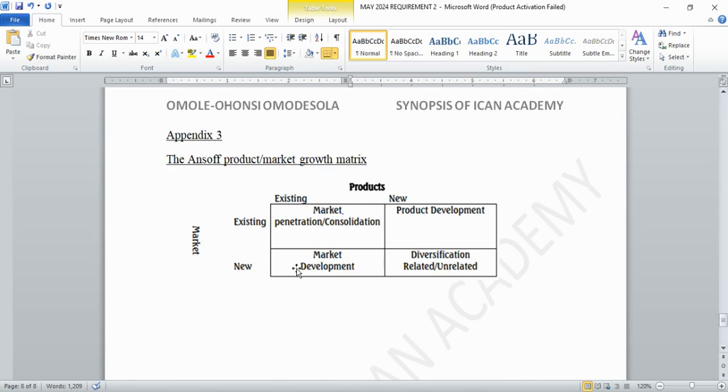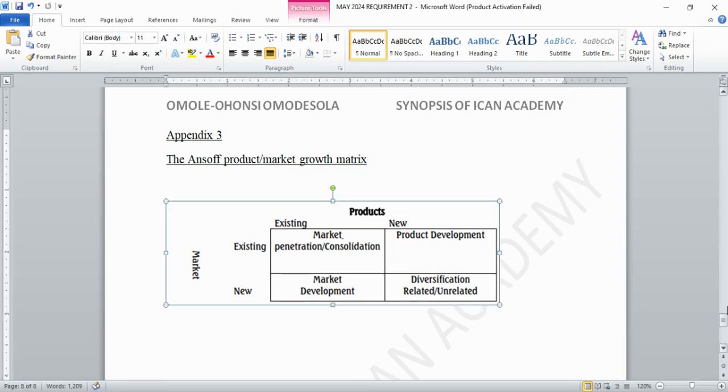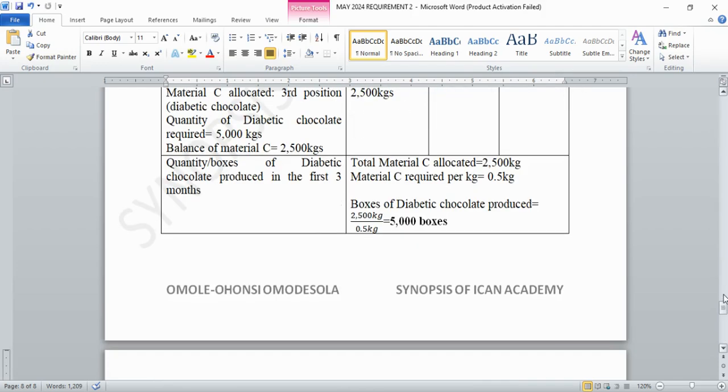They were also told to use the Ansoff product matrix. So this is just the diagram. In your appendix, just draw the diagram. You don't need to tell a story in your appendix. When you're using a model, ICAN does not really ask for models, so it's like, oh my god, they asked for a model for the first time. No problem. Just draw your model in your appendix section, then go to the main report, and this is how you do it.